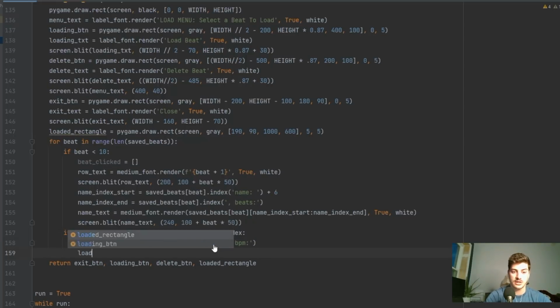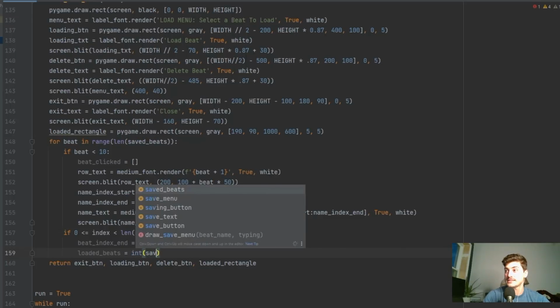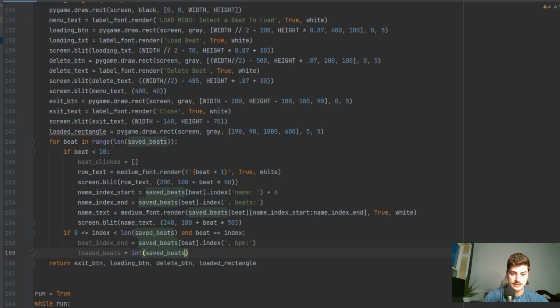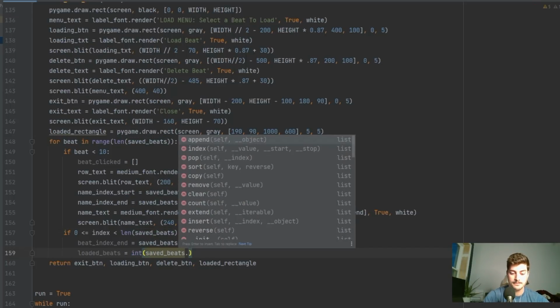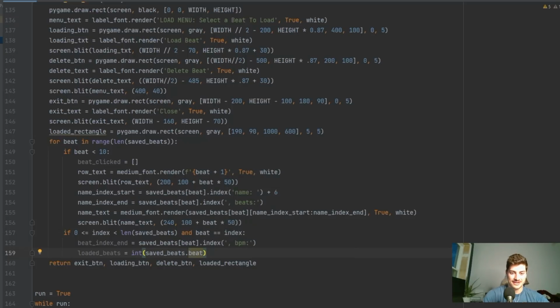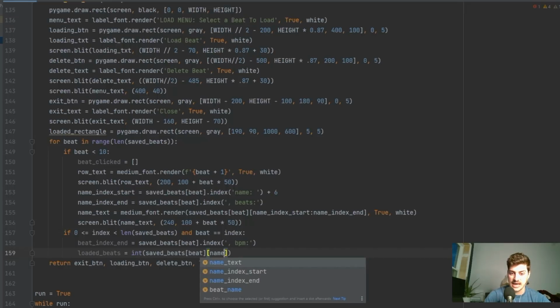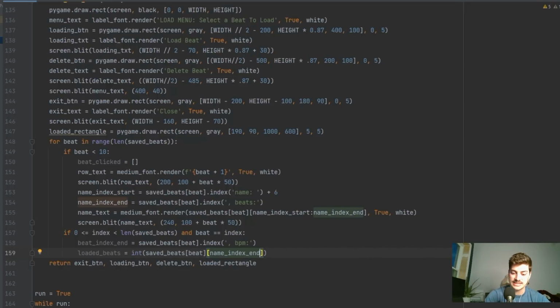And so that makes the loaded beats, which is a new variable, equal to integer of saved beats dot beat. Trying to be very careful here because we have to do this kind of double indexing thing again. So it's not save beats dot beat, it's save beats at beat, and then we have to do from name index end plus 8